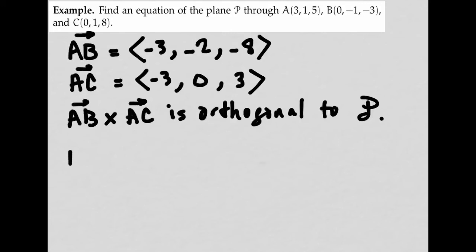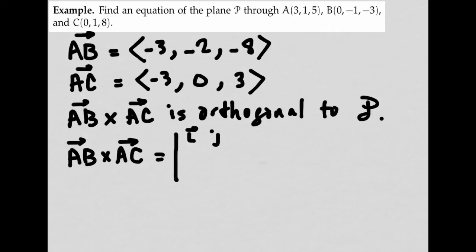Let's find AB cross AC. This is the 3 by 3 determinant whose first row is i, j, k. The second row consists of the components of AB, that's minus 3, minus 2, minus 8. And the third row consists of the components of AC, minus 3, 0, 3. That's equal to